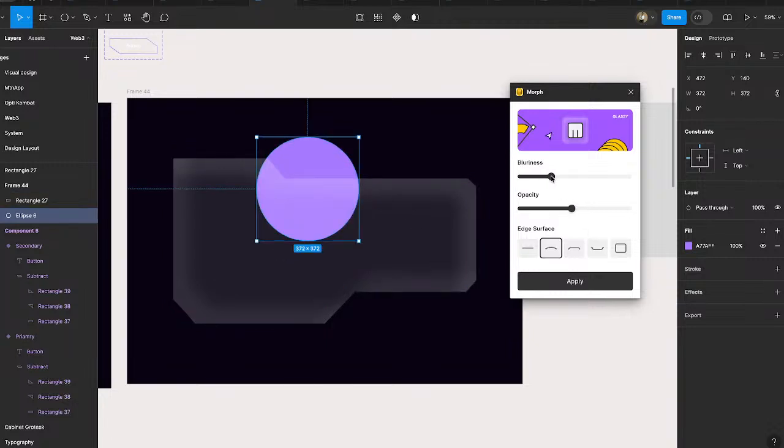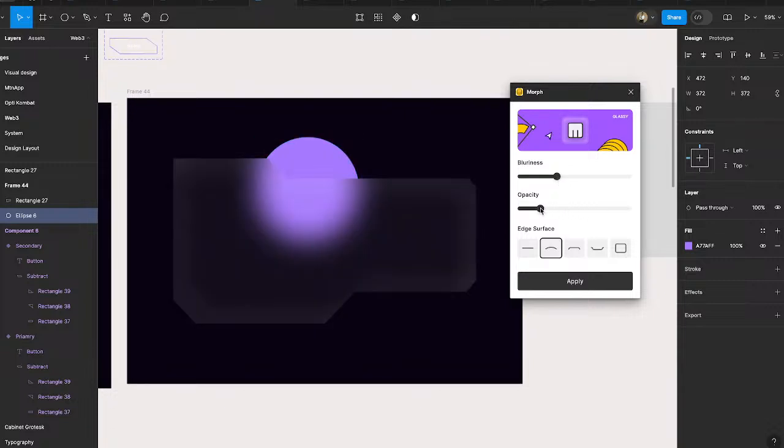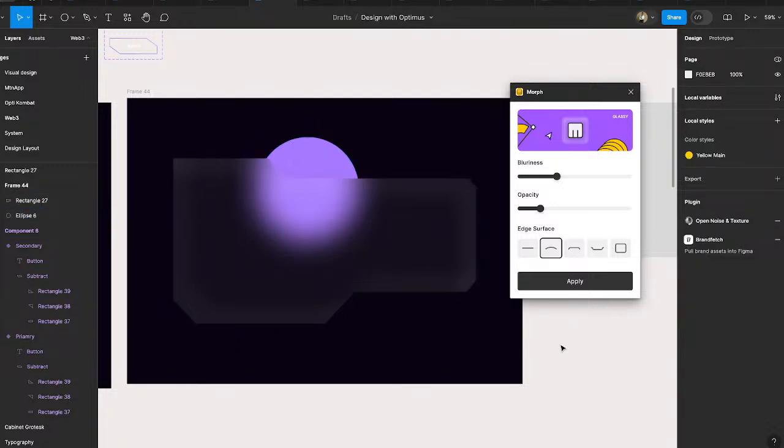You see. So I want it a lot. But yeah, this is perfect for me. I prefer it just like this. And for my opacity, I want it a little bit opaque. Yeah, I want it just like this. So this is what I did, and these are my perfect settings. And once I'm done, I can hit the close